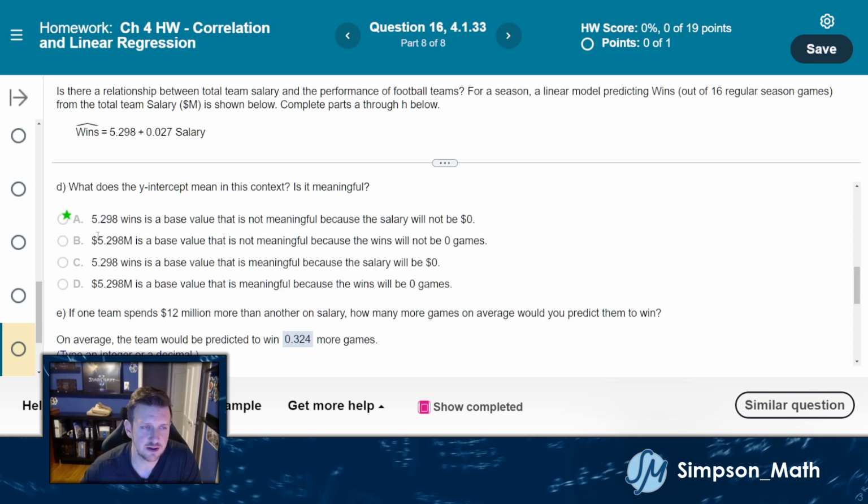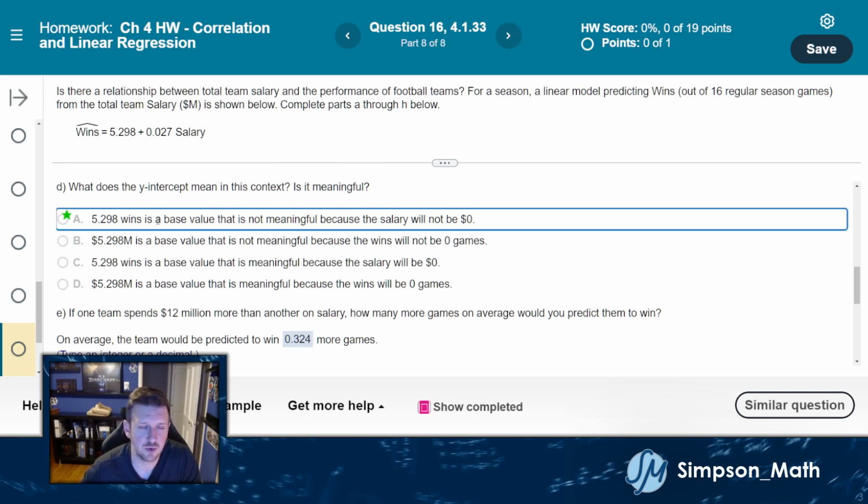But notice my y value is not about money. It's about wins. That's why I can get rid of B and D. It's not $5.298 million. It's 5.298 wins. So this is the base value, or in this case, the base number of games won before we start looking at salary. But it's not really meaningful because they're not going to pay these players